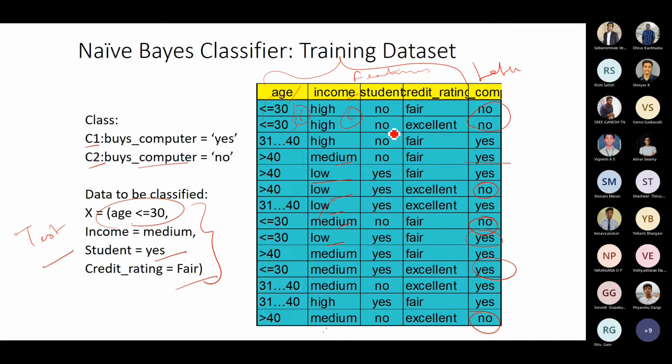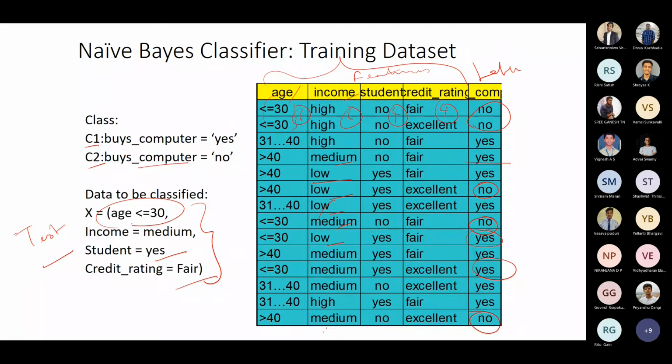This is yes and no only, so you have to compute 4 probabilities. And here it is fair, excellent, so you again have to compute 4 probabilities here. This is your model. So any data that comes into the picture can basically be handled without any difficulty, and it can be categorized as belonging to one of the classes. That is the simple naive Bayes classifier model.